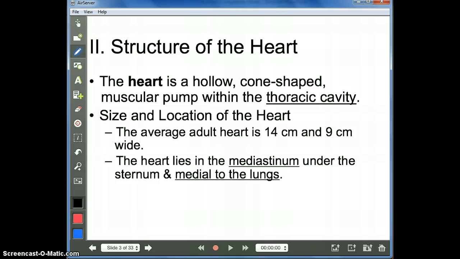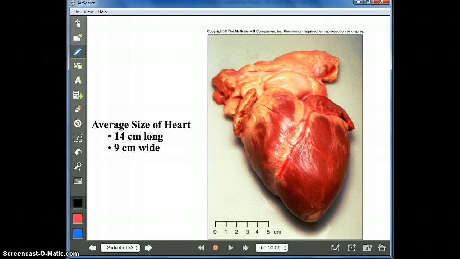You'll see that in one of your homework assignments today. That mediastinum is that area inside the thoracic cavity, right behind the sternum, and it's going to be medial to the lung. So if you remember going back to this description, here's your heart. You're going to have a lung on this side, and then you have a lung on this side. Okay? All right, moving our way along, taking a look at this heart. Now, if you were to remove all the vasculature and the vessels and the adipose tissue up there, you could see your real crude-looking Valentine's Day heart. If we separate that Valentine's Day heart out, you're really going to have 4 different chambers. You remember that from your sophomore biology year. We have chamber 1, 2, 3, and 4. And we'll name those chambers here shortly.